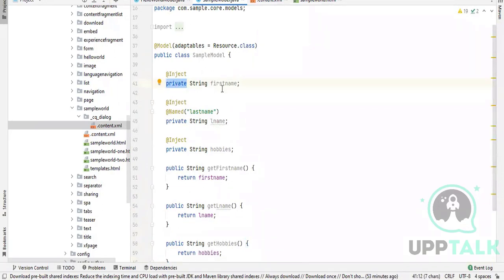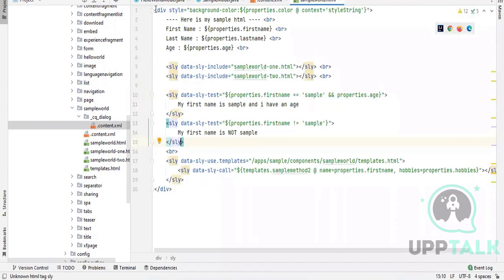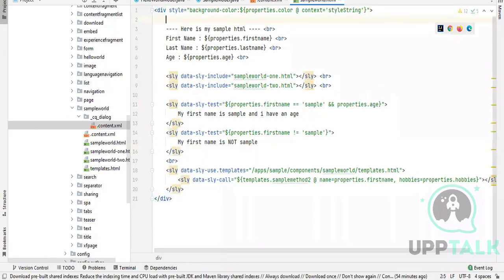Now, if you need to get the values of this inside your Sightly, when you call this sample model from inside Sightly and you need to get the values of first name or last name, of course, since these are private variables, you cannot get them directly. That is why I created these getter methods, so that through the getter methods you can get the values and call the sample model. Now, firstly, to call the sample model, what we have to do is use the